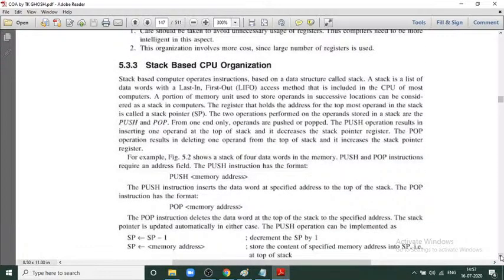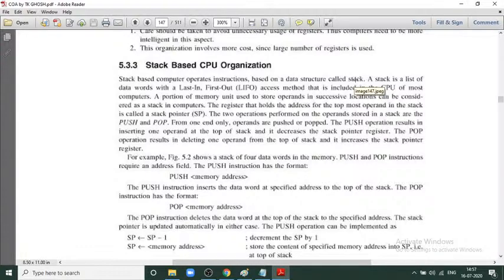Next we have stack based CPU organization. A stack based CPU or computer operates instructions based on the data structure called stack. You all know what a stack is. Stack is a data structure which operates in LIFO manner, last in first out. That means data is inserted or pushed into the stack one by one, from the bottom to top. The stack will increase, and whenever the pop operation is performed, the pop will be performed from top to bottom,